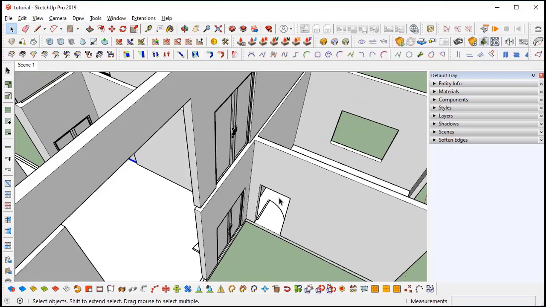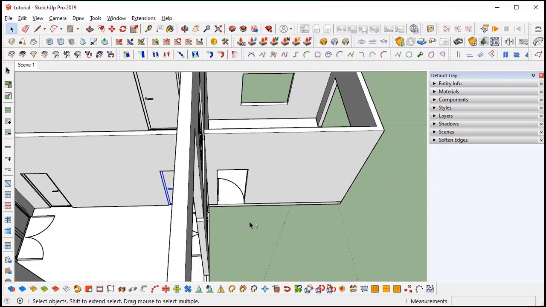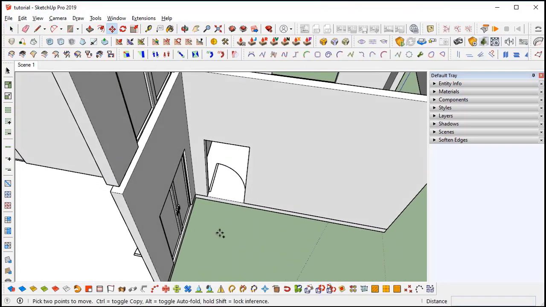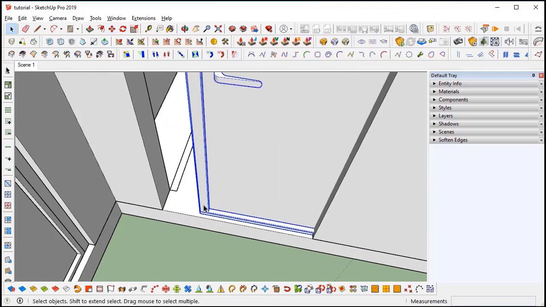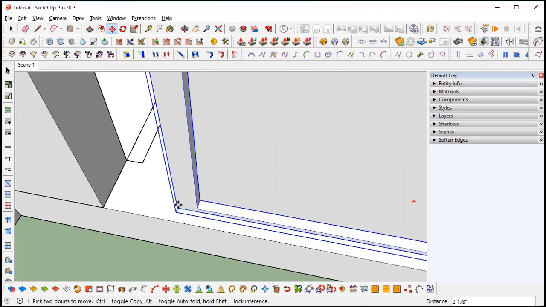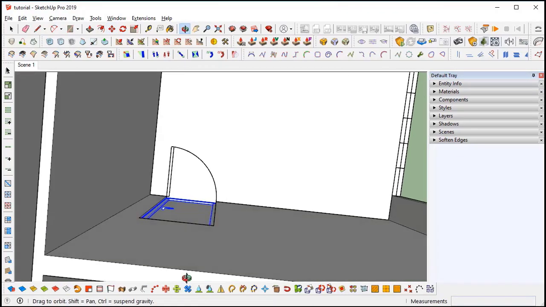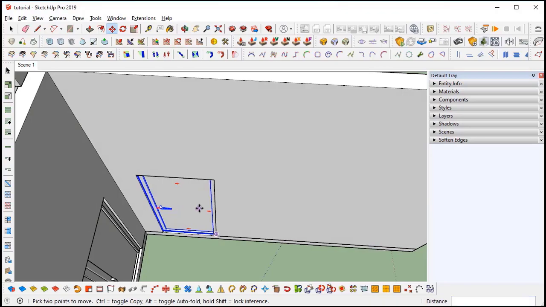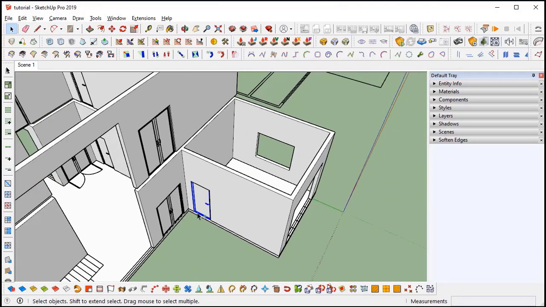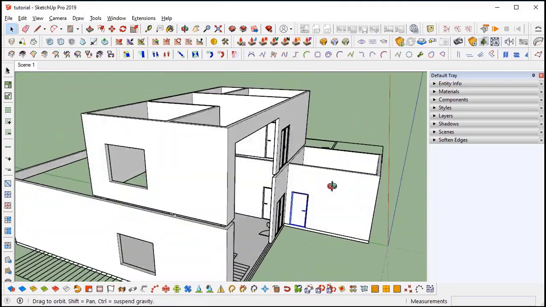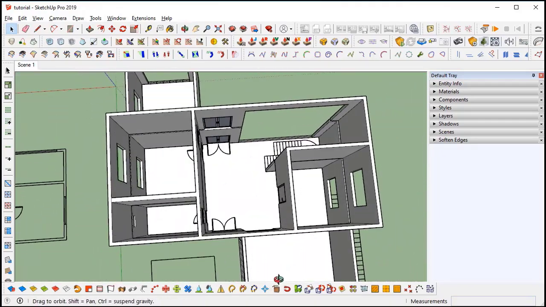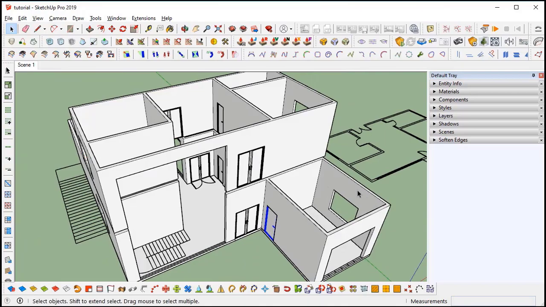Here also the same door, so simply copy the same door. While holding the scale, make sure you pick the center box. Now it's looking good. Now we need to make the windows.